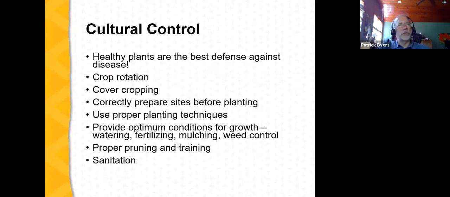And so everything that you can do as a gardener or as a farmer to grow healthy plants is going to be important. Certainly the framework under which you're growing, a healthy soil, choosing the right cultivars for your environment, and making sure you start with clean planting stock, clean seeds, those sorts of things are critically important. Crop rotation is very important. Crop rotation can help delay or even eliminate the buildup of soil-borne diseases.